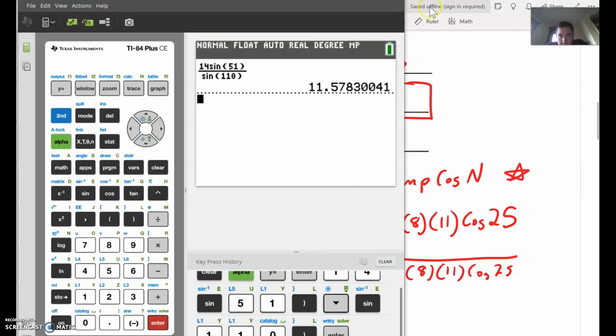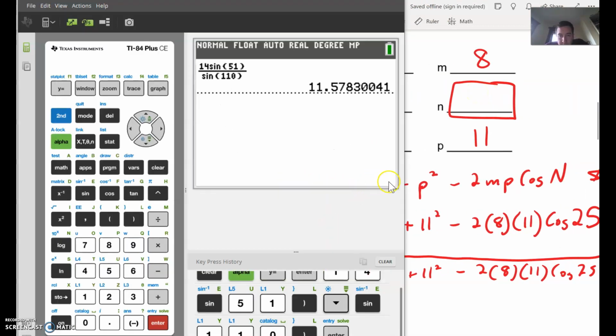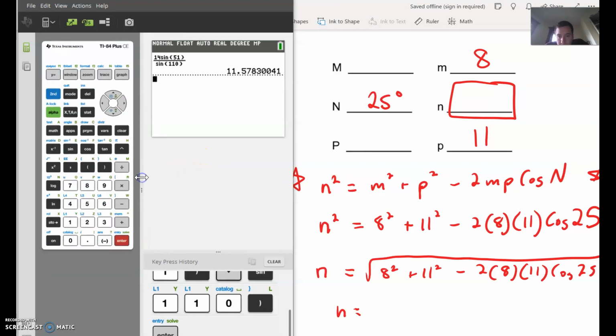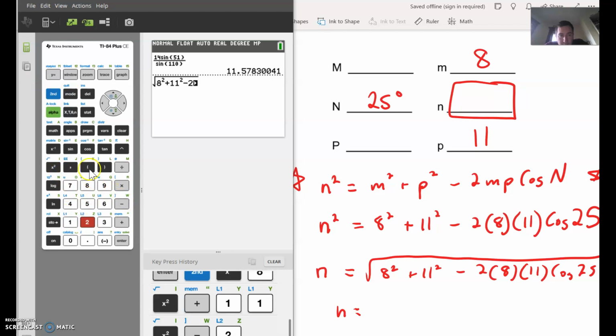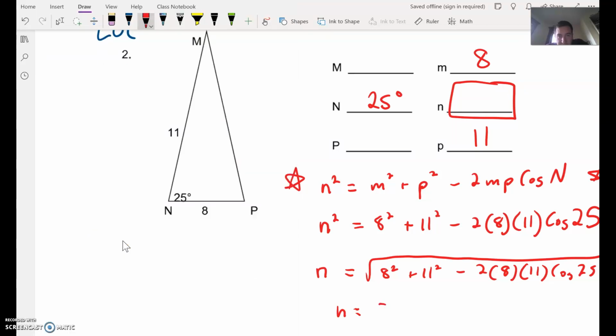The square root of 8 squared plus 11 squared minus 2 times 8 times 11 times cosine 25. Push enter. Bang. Side N is